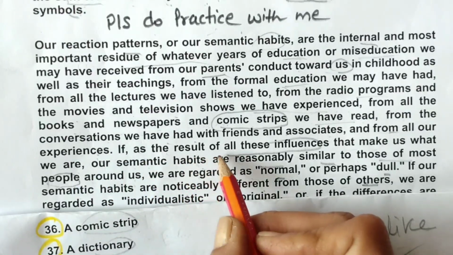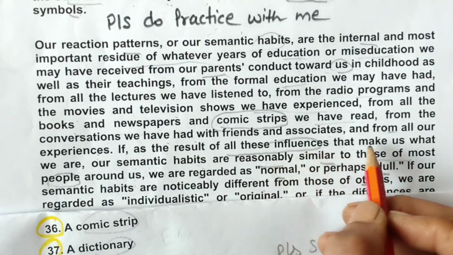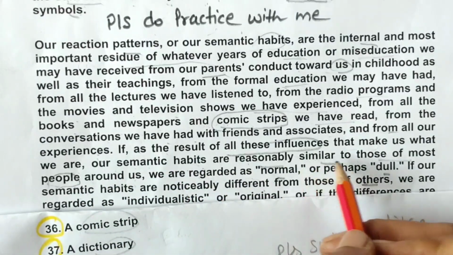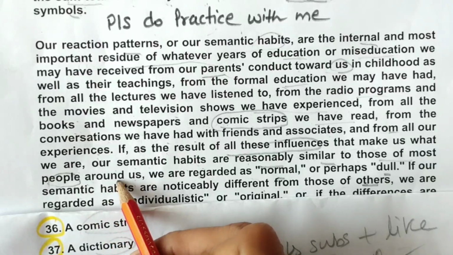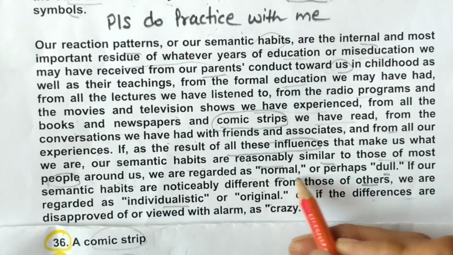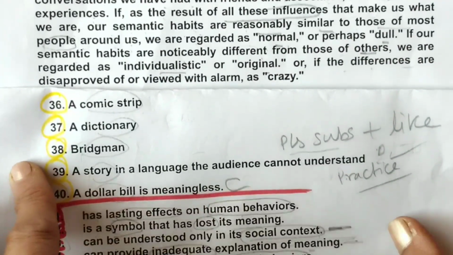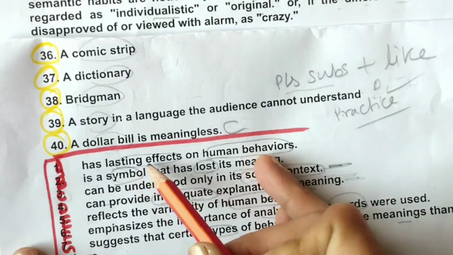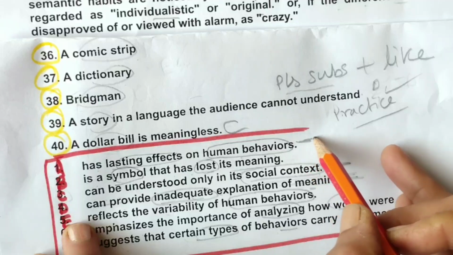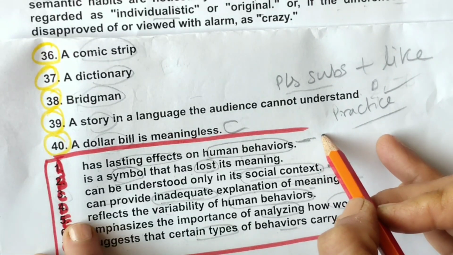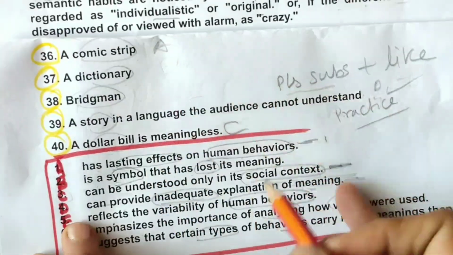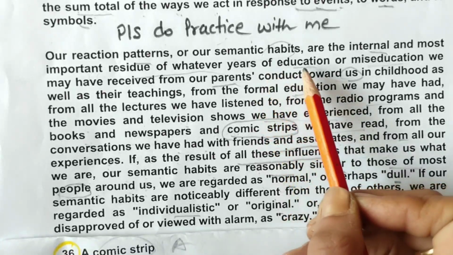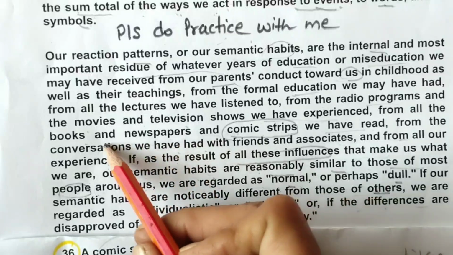If the results of all these influences that make us what we are, our semantic habits are reasonably similar to those of most of the people around us, we are regarded as normal, or okay, people. So any word is matching, had lasting effects. So this I can select it with number 36, that is A number, because they are talking about since our childhood, parenting, schooling, teachers, lectures, newspaper, books,